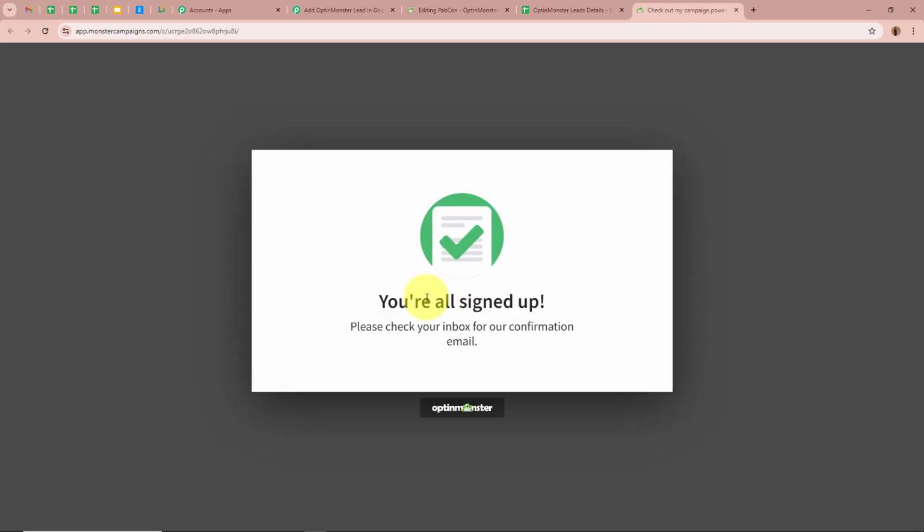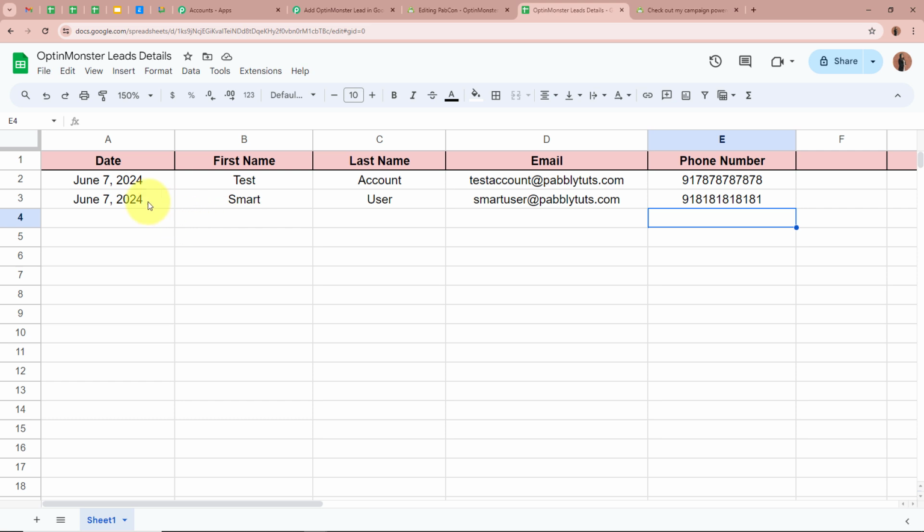As you can see over here, it says you're all signed up. That means it has successfully generated the lead. So now I'm going to open my spreadsheet that I've created, and I'm going to check whether the record of this lead that we have generated with the help of OptinMonster is created in my Google Sheets or not. For that, I'm going to open my spreadsheet, and yes, as you can see right over here, the record is